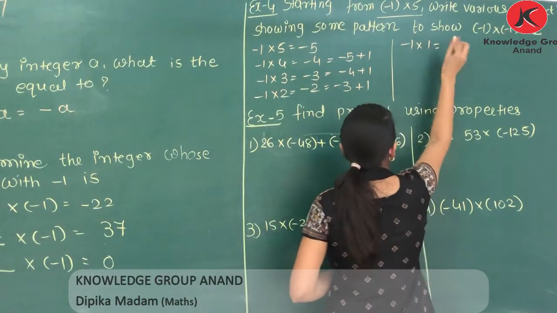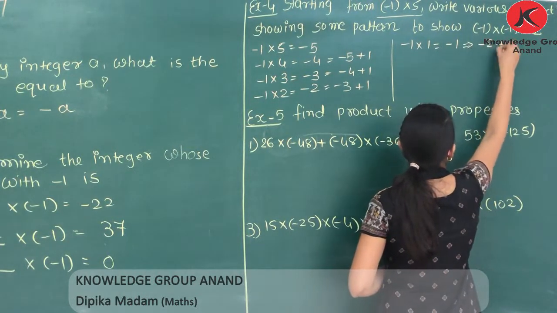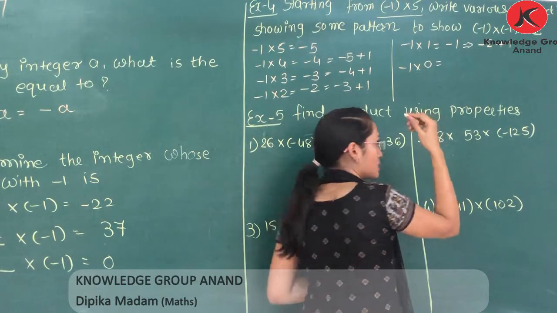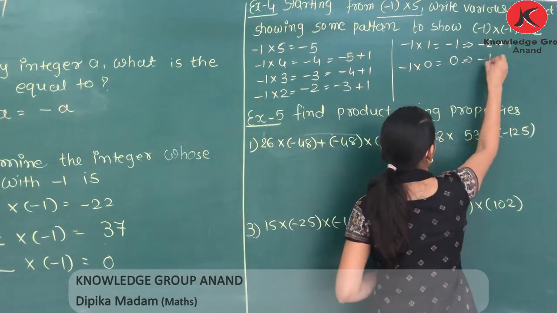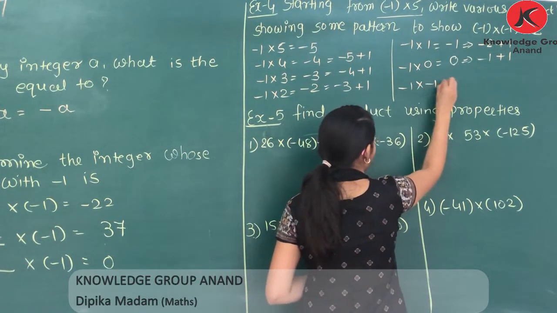-1 into 1, that is -1. How can we get that? -2 plus 1, so -1 into 0. What comes after 1? 0. So 0. It means -1 plus 1, so it is 0. -1 multiply -1,